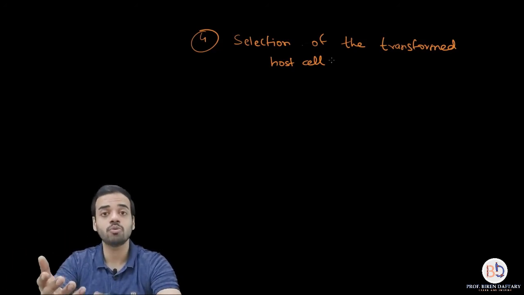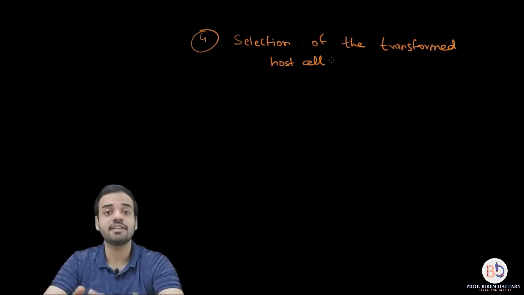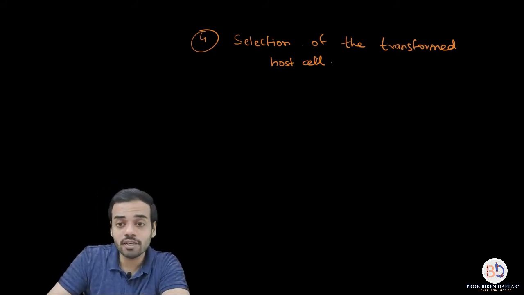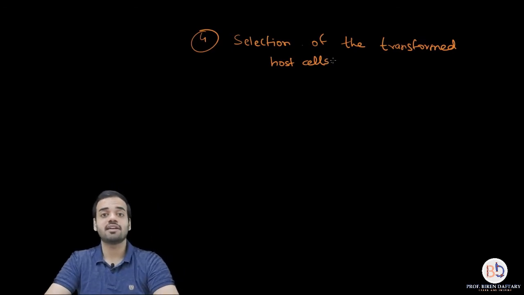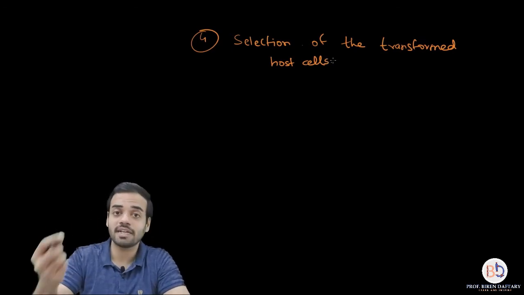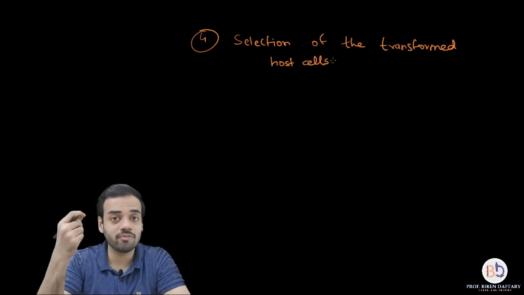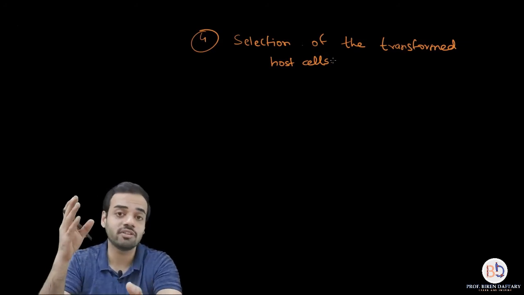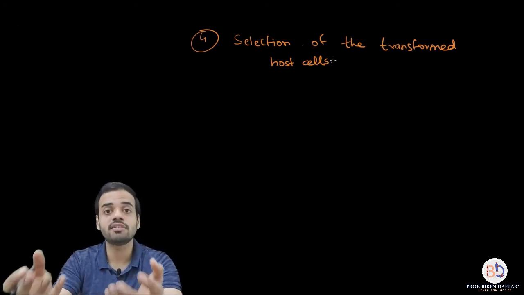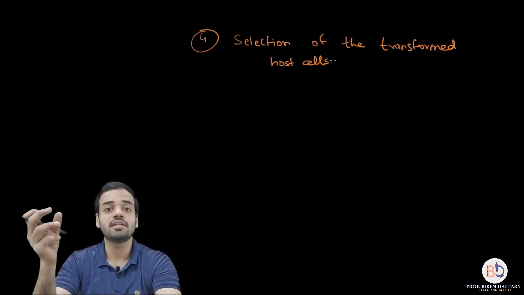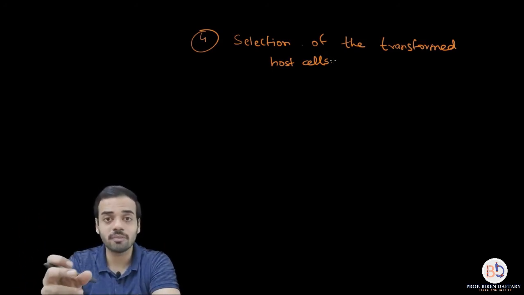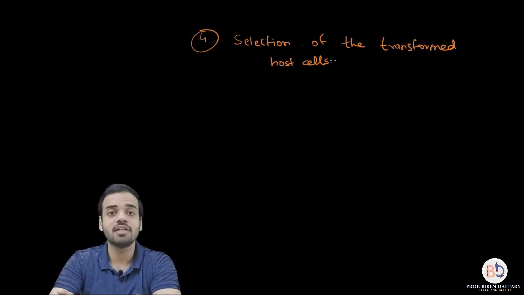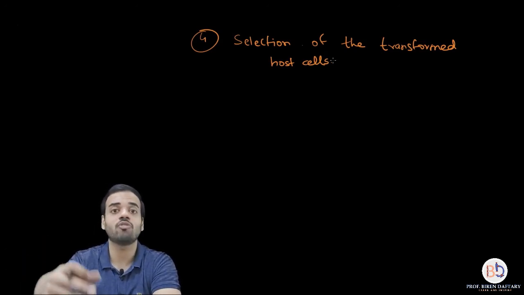But how will you come to know that in a colony of 100 bacteria, which have transformed, which have not transformed? And the name of the step is selection of the transformed host cells. So how will you select which cells are transformed, which are not transformed? Because bacteria are very, very small. You cannot see them with the eye. The vector is much smaller than the bacteria, that you cannot see even with a microscope. So how will you decide, or how can you know, from each of the bacterial cells, how many of them are having the recombinant DNA or the vector inside it, and how many are not having?